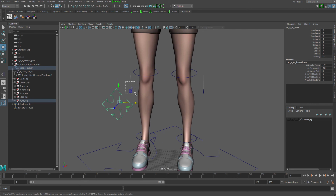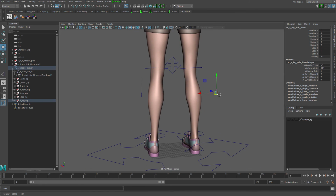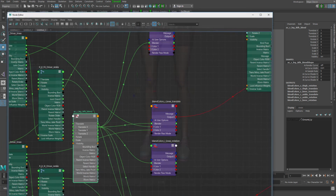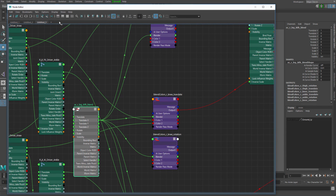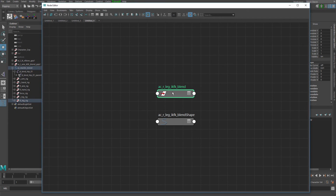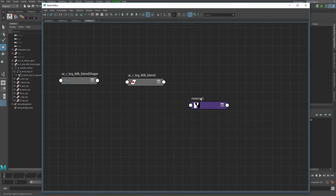Now when I'm in FK mode, I don't want to see the IK, right? When I'm in IK mode, I don't want to see the FK. So let's do that mechanic here real quick. It's better to start with a new tab here, and let's just add in our controller here, and then let's create a reverse node and call this one reverse